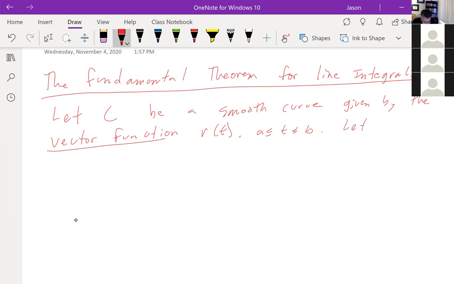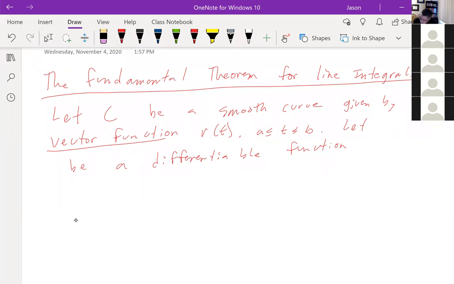Let f, lowercase f, be a differentiable function of two or three variables